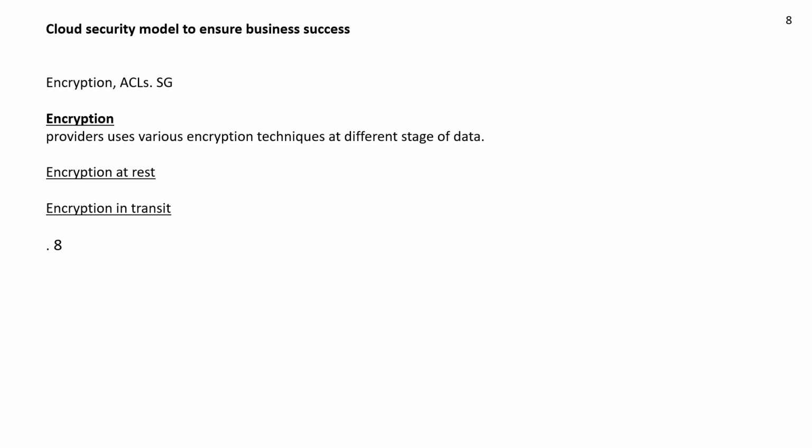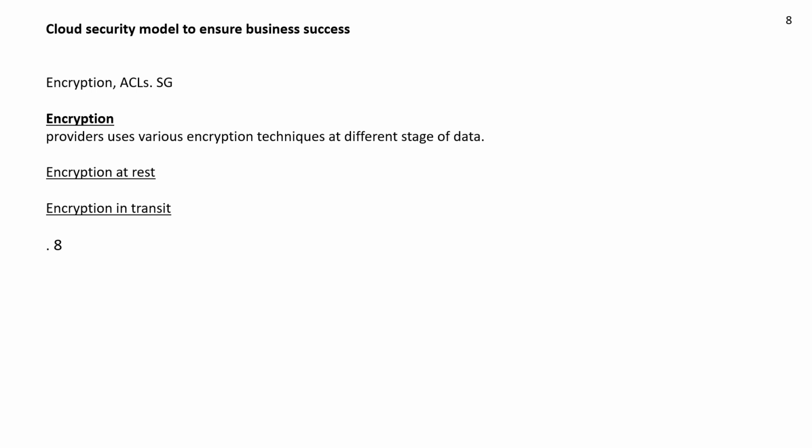So, if we look at cloud security, we have a cloud security model that has various provisions. This model is basically to ensure business success. There is multi-layer security to be provisioned in order to safeguard all your data. So we have to build multi-layer security to safeguard the products and services which are on the cloud. So the very first thing is encryption, which is a very premier